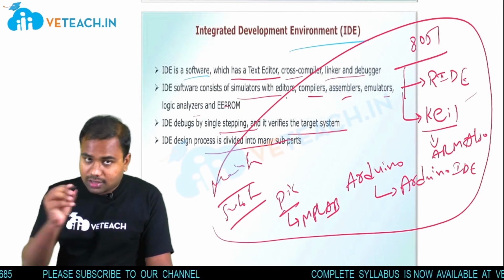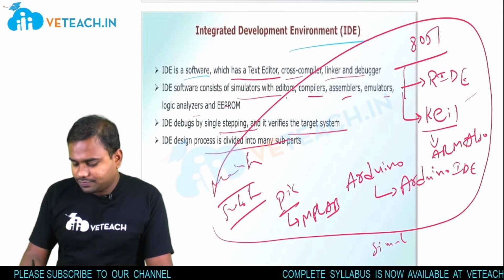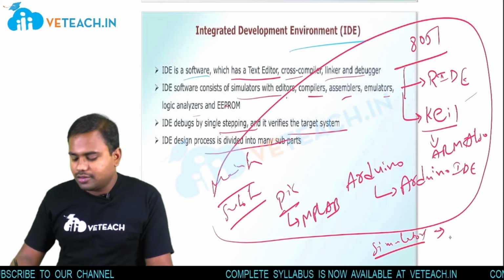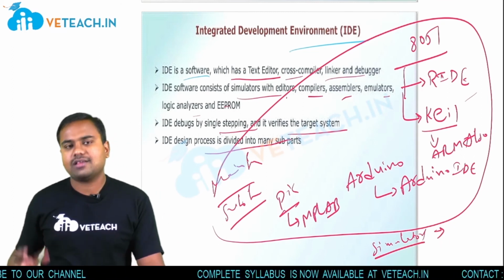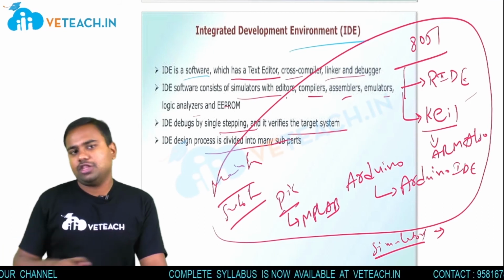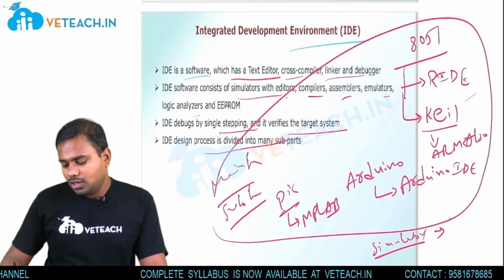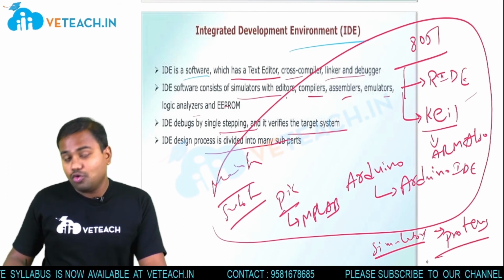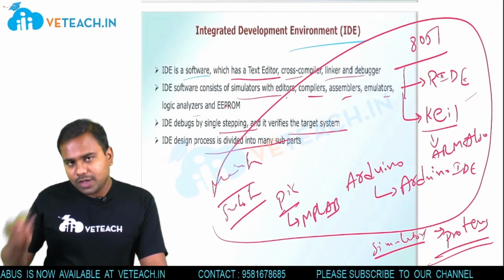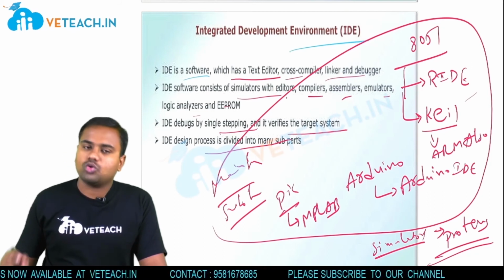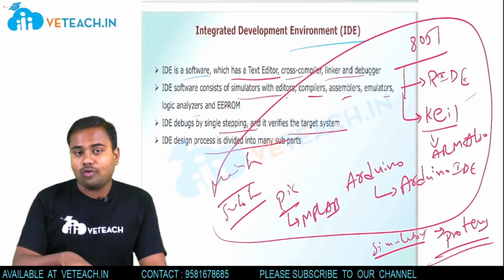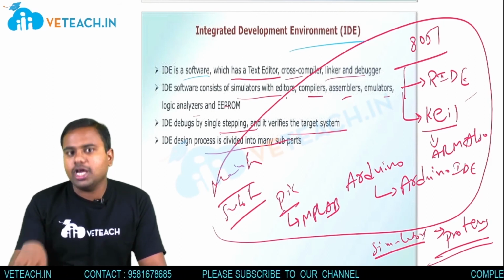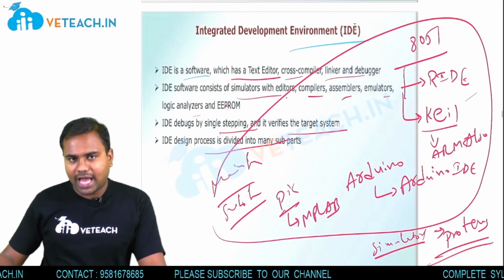Next we are going to discuss the simulators. Till now we are using only one simulator to check the bugs before connecting the hardware, and that is Proteus. Till now I am using this one only to check the bugs in the program I wrote, which I am going to dump in the hardware. This is about the IDE as well as the simulators we have.